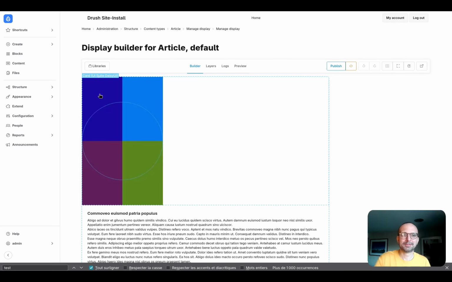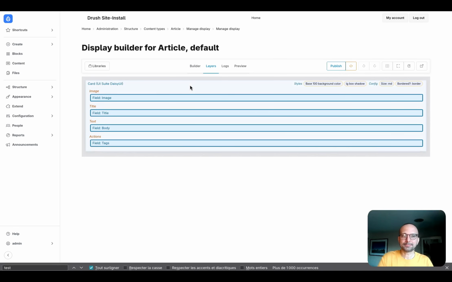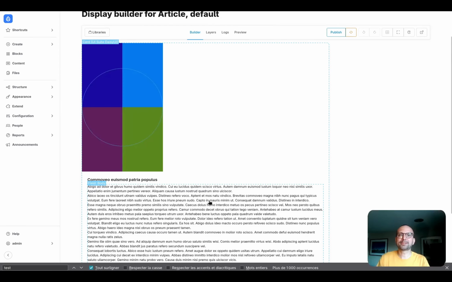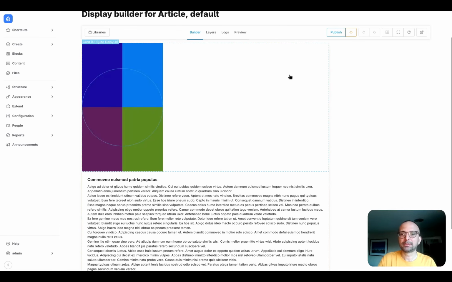Everything was imported. I have my card as a layout, I have my field in the expected slot, I have all my configuration, I have the button as a field formatter for my tags. So you are not starting from scratch, you are starting from the display you have already built. That's very cool. And the other nice stuff, it's the UI. It's exactly the same as Page Layout. Same button, same configuration, exactly like what you configured in your profile. So you have the same experience.